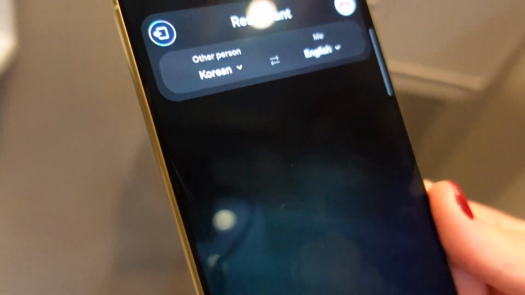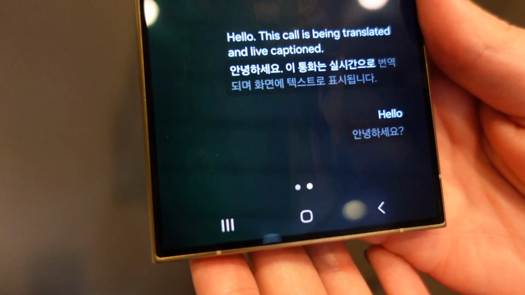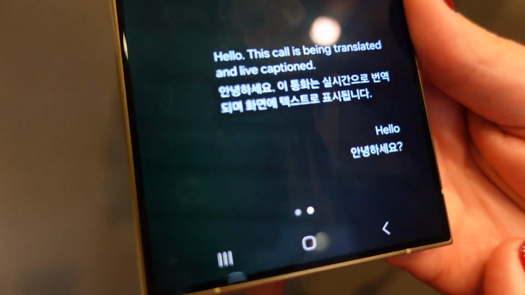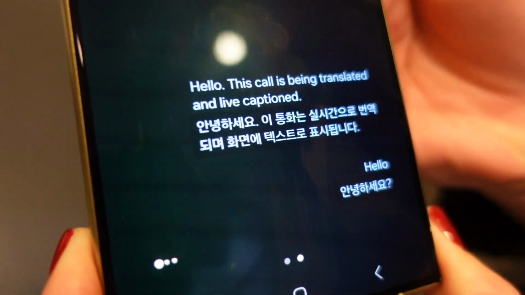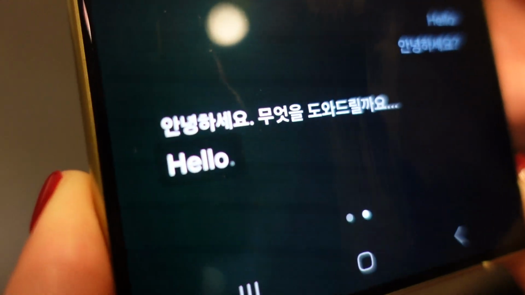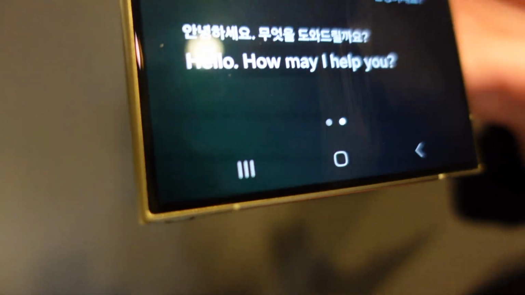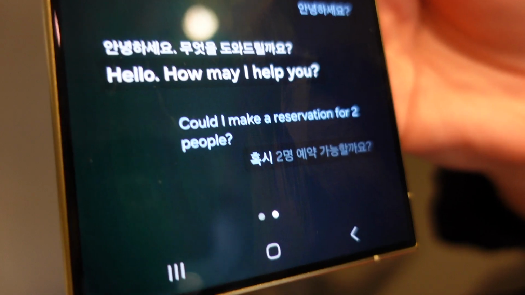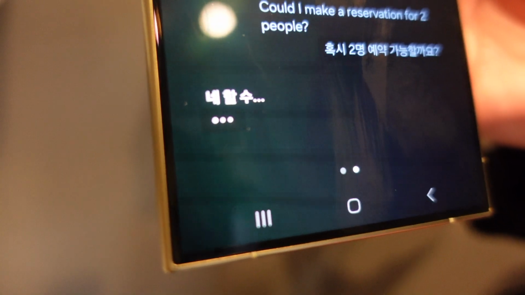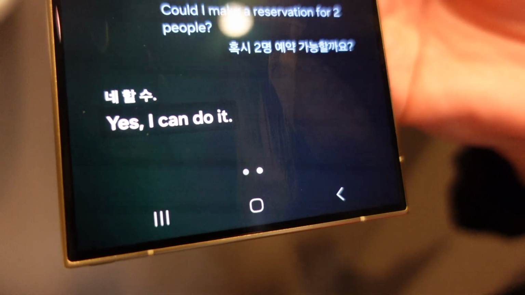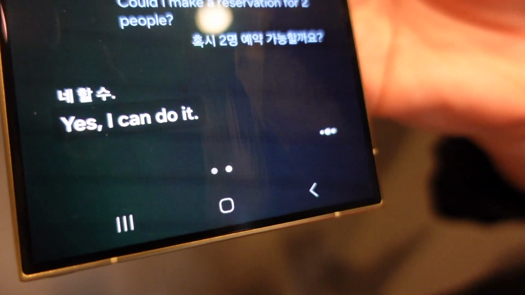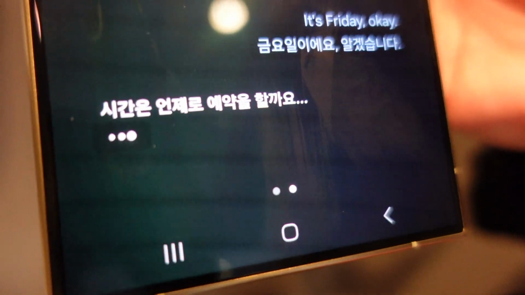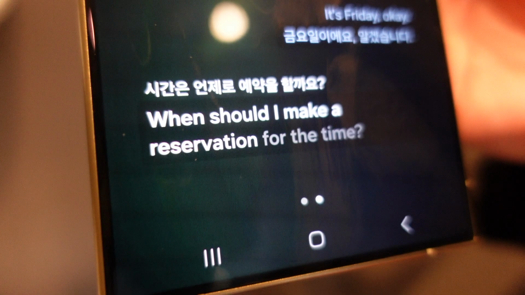Hello. 안녕하세요. 이 통화는 실시간으로 진행되며 화면에 테스트로 표시됩니다. 안녕하세요. 무엇을 도와드릴까요? Hello. How may I help you? Could I make a reservation for 2 people? Yes, I can do it. Is Friday okay? When should I make a reservation for the time?